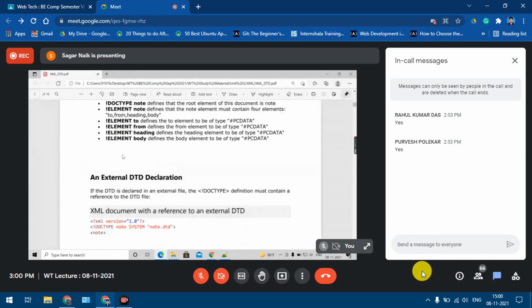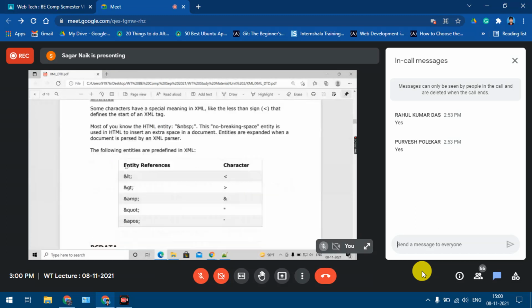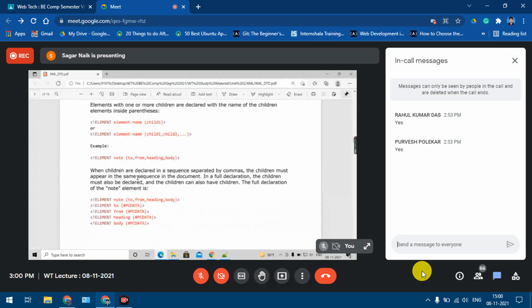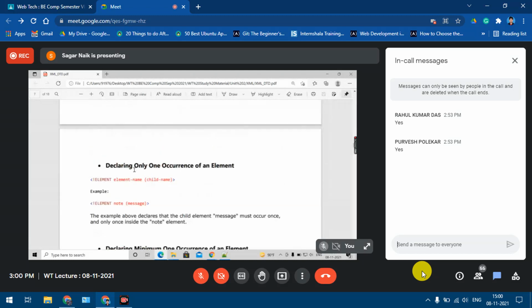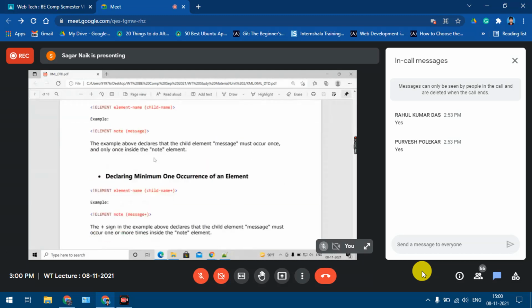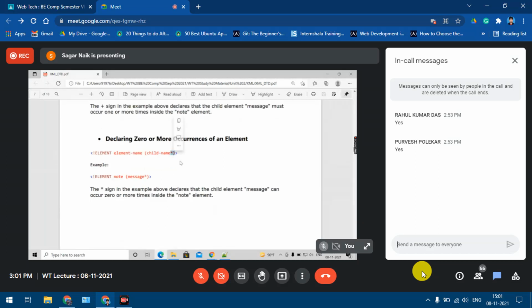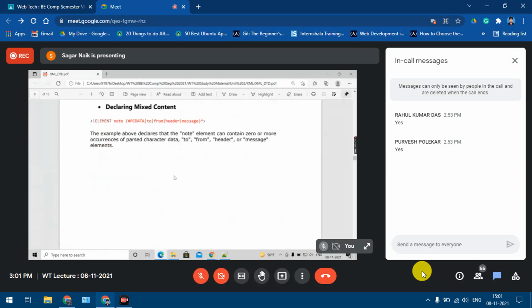So all these things we have done now. Building blocks of DTD XML, all these things. Even the elements we had seen last time: how to declare the elements, complex elements, simple elements, then declaring the occurrence. If you're not specifying anything, that means only one child. This element node is having only one child, that is message. Even if this message element is occurring 2 times inside this node, it is invalid. For that you have to use different operators like at least 1, then at least 0, and all these things.